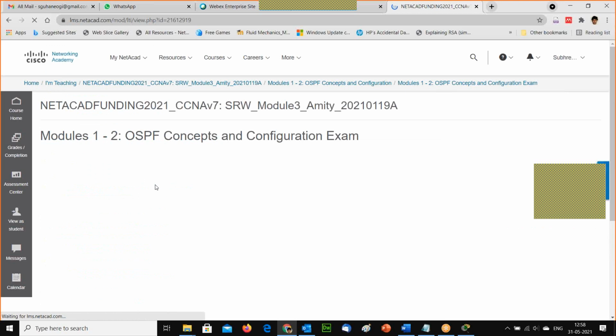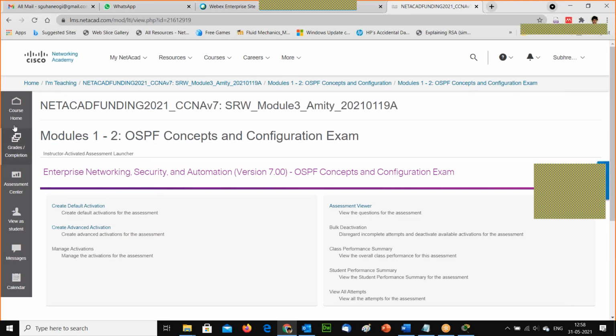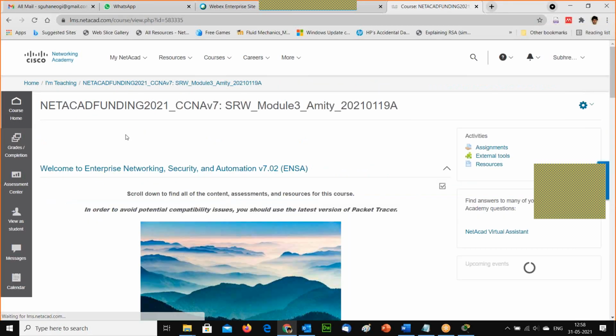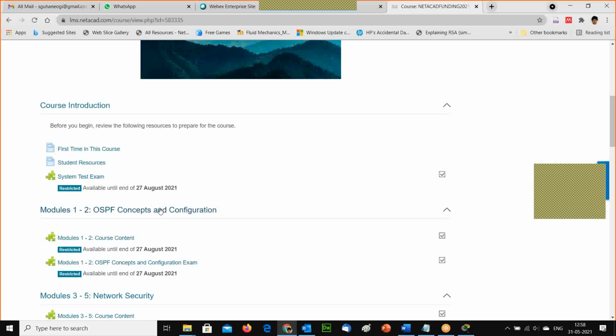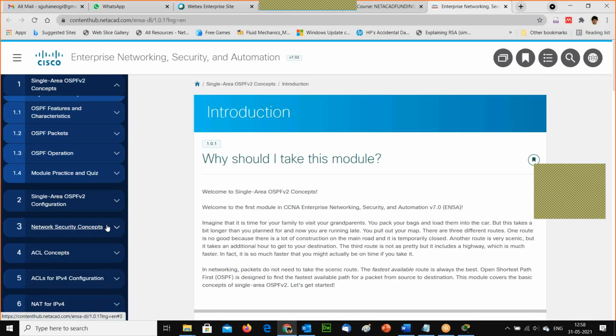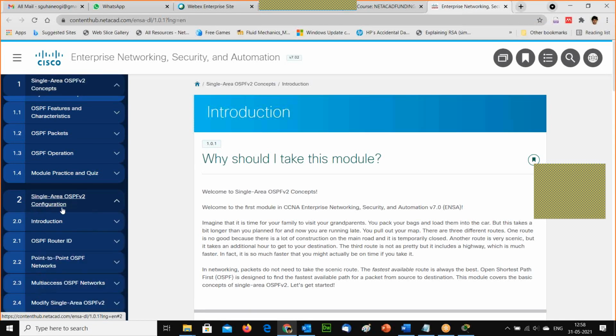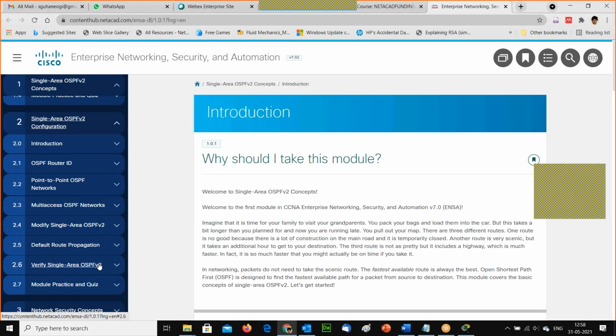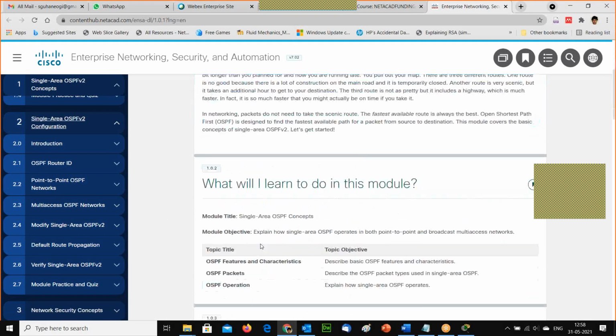We just discussed the basic OSPF configuration. Now this is a single area configuration. If you want to configure multi-area, you just go and configure. The configuration part is very easy.